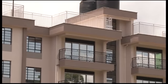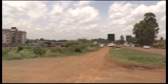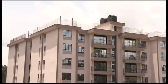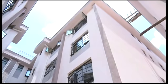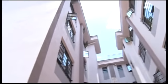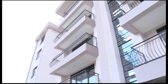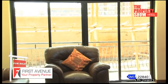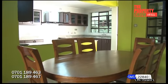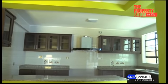Red Rose Gardens, a modern apartment complex located in Thika along Kiambu Road, adjacent to Quick Mart Supermarket, 100 meters from the main road. The development consists of 43 three-bedroom apartments plus a DSQ with a plinth area of 154 square meters. Accommodation features include a spacious living room area with wide sliding windows that leads to the balcony area, large windows letting in natural light, separate dining area, a common cloakroom for the guests, modern kitchen with granite countertops,